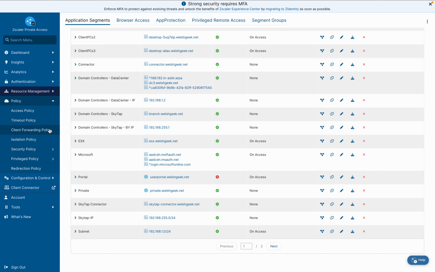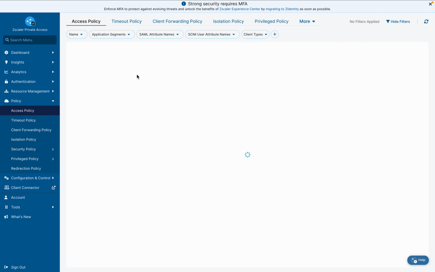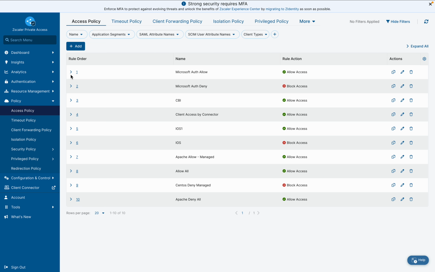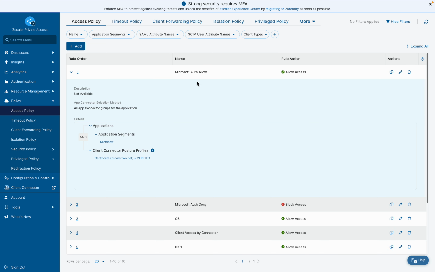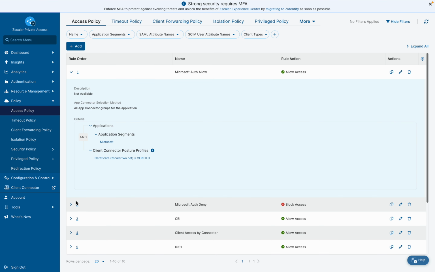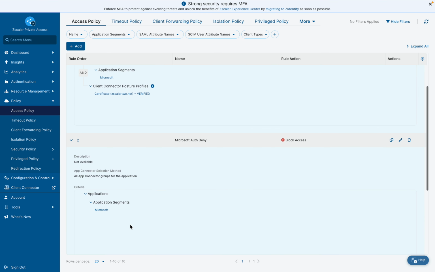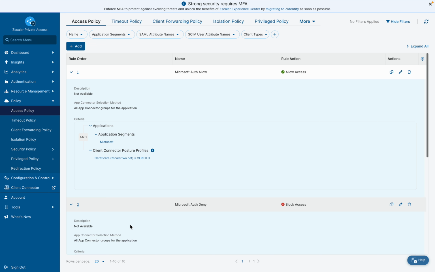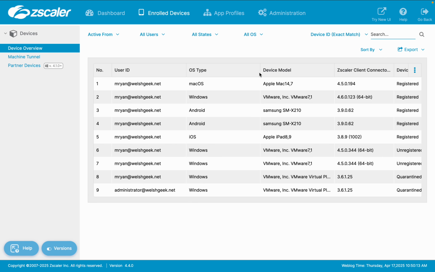And then in my access policy, I've got a rule that says to be able to access Microsoft, that authentication, you have to have a certificate posture check enabled. Otherwise, you can't get to those Microsoft URLs. And so what this certificate posture check looks like, if we come across to here,